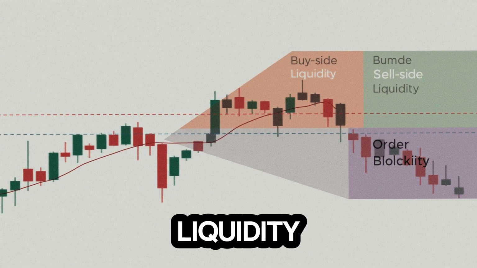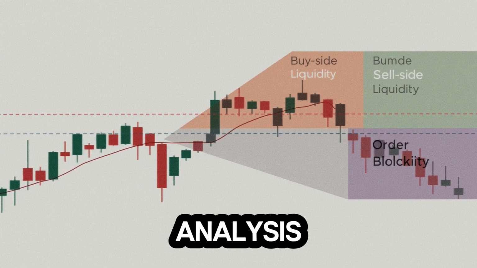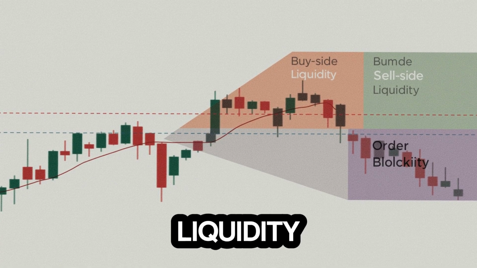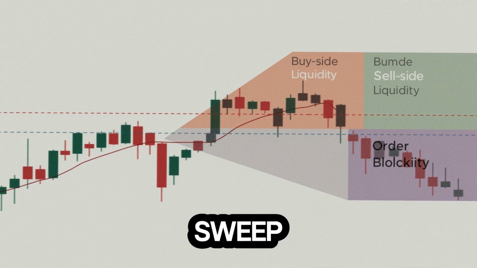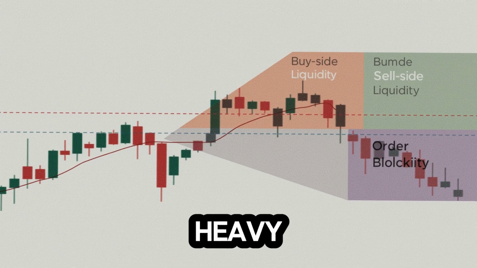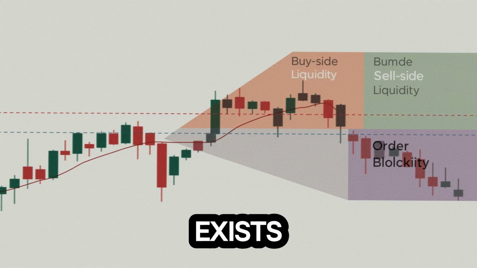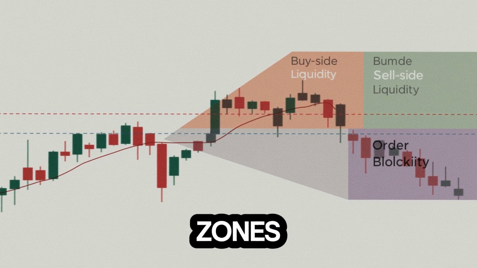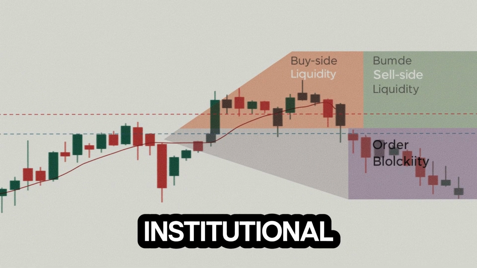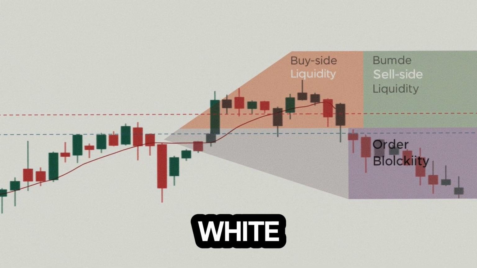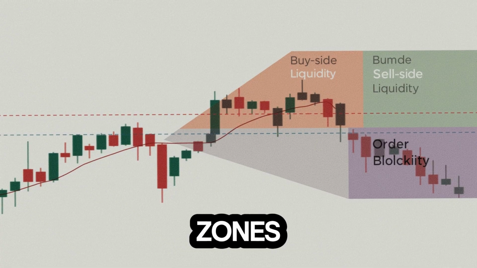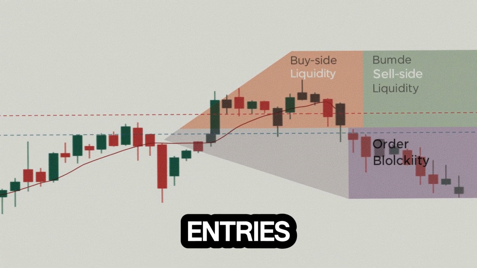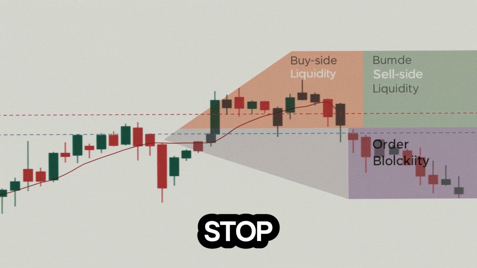3.8. Combining liquidity with other tools. Let's enhance your analysis using popular tools. Volume: high volume equals active liquidity being used; low volume after a sweep equals likely fake move. Fibonacci: liquidity often exists near 61.8% or 78.6% retracement zones. Order blocks: institutional zones that price often returns to. Fair value gaps: imbalance zones that act as a magnet for price. Support and resistance: not for entries, but to locate where others place stop losses.